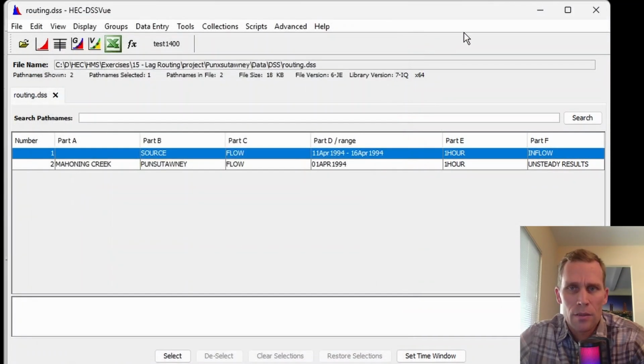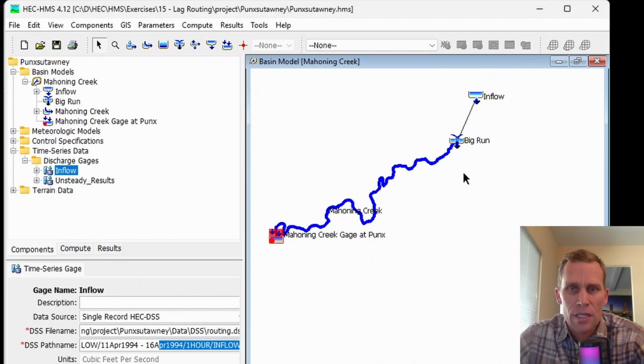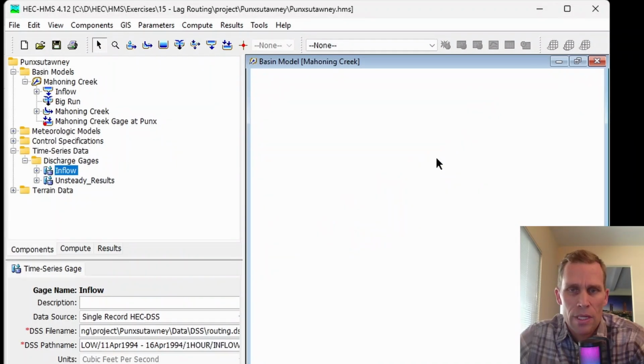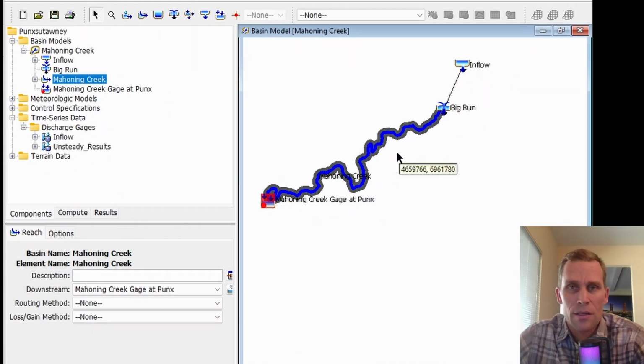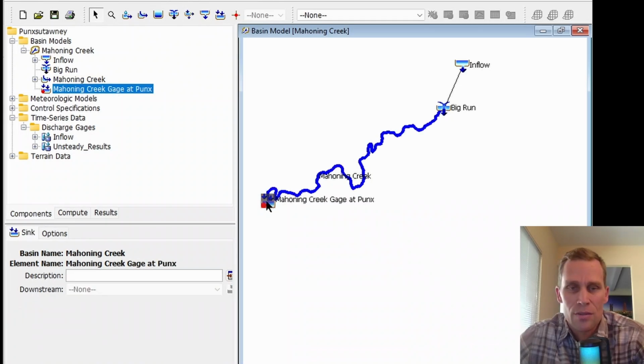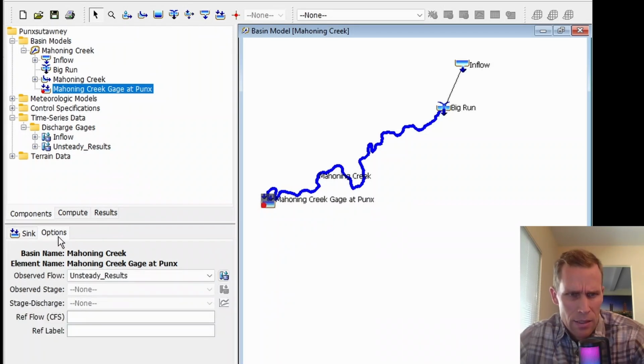Okay, I'll go ahead and close that for now. The other elements we're seeing on the map are a junction and then the reach. This is the reach we're going to be focusing on and messing around with the lag routing method and its parameters. And then the downstream location of the reach is connected to this sink element. This sink element has an outflow hydrograph, or a quote observed hydrograph, assigned to it that was generated from HEC-RAS. And we can identify that by clicking on the Options tab once we have our sink element